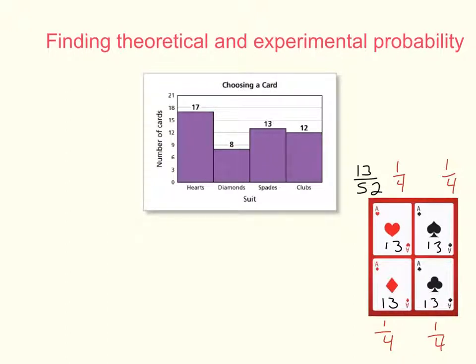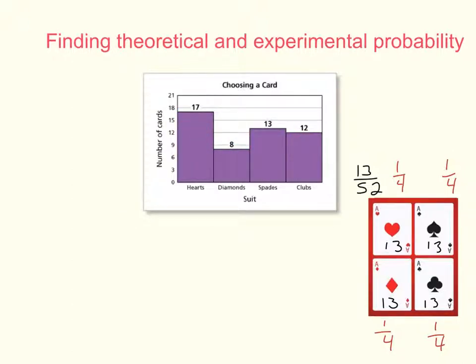However, we know that if we experiment with this and try it out, it's not going to work out perfectly that way. I'm not going to get a heart 1 out of every 4 times that I draw and a spade 1 out of 4 times. And this graph shows that here. So we can see that a card was picked out of a deck 50 times. Okay, and I know it's 50 because if I add up the number of clubs that were picked, the spades, the diamonds, and the hearts,